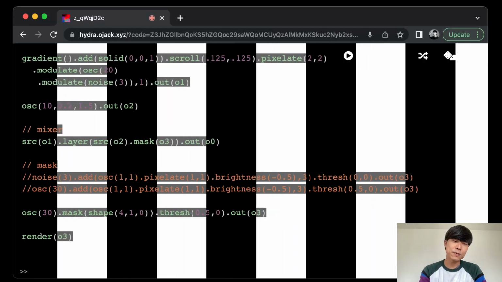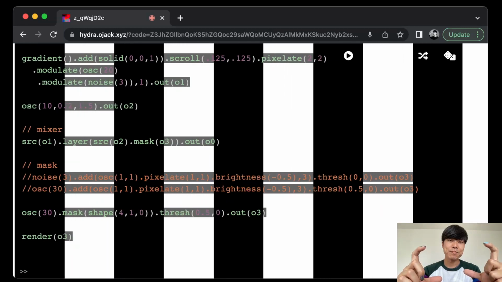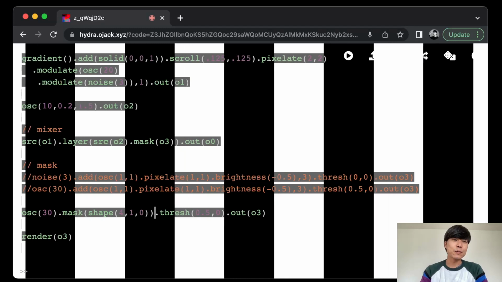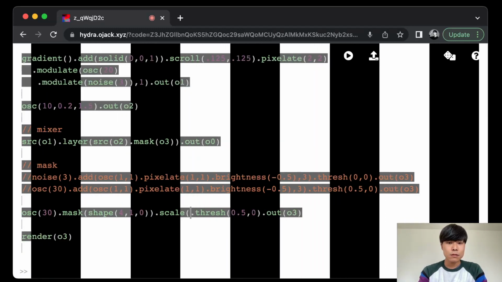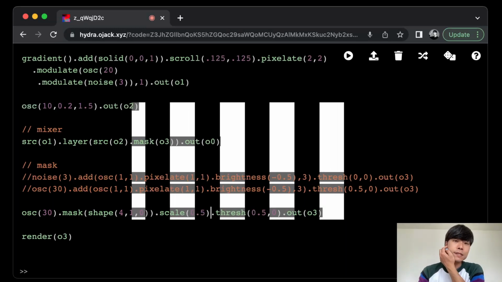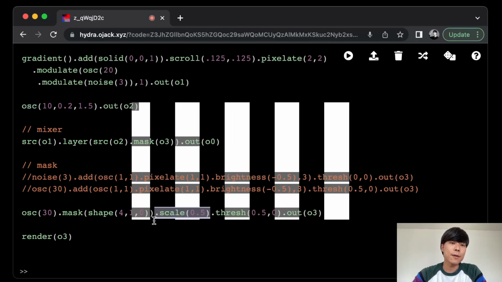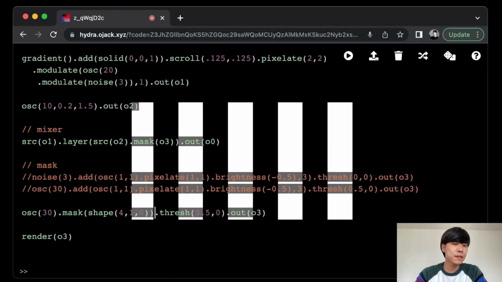So nothing changes because I'm just cropping with the shape, which is like filling this whole window. But if you do scale later, you can see that now it's not expanding to the whole space. This is a little bit conceptual. And why is it important? Because now